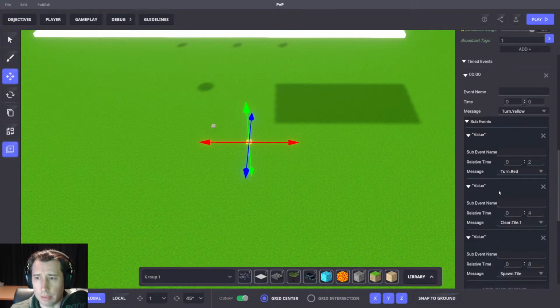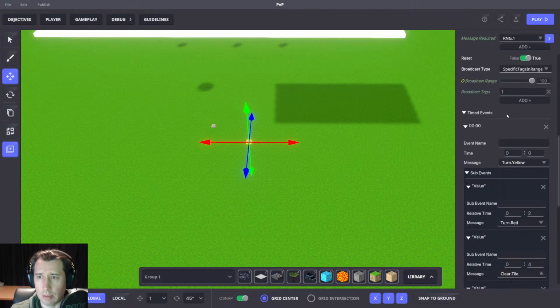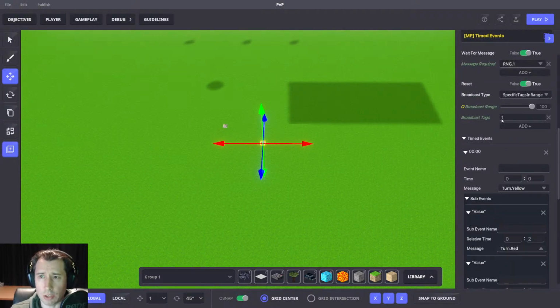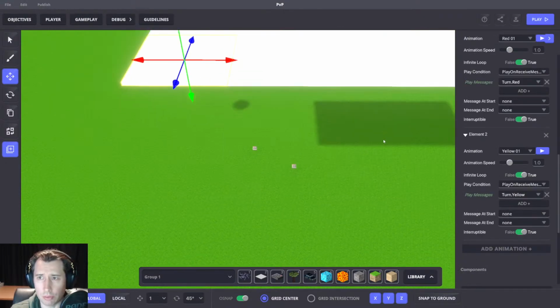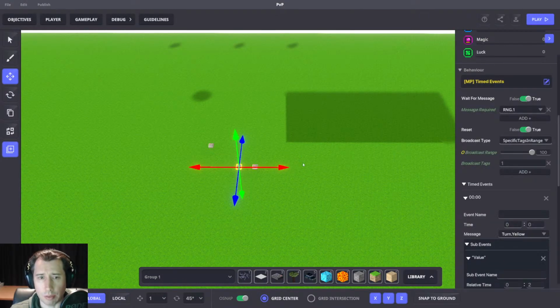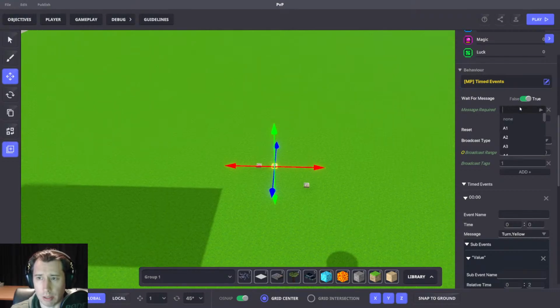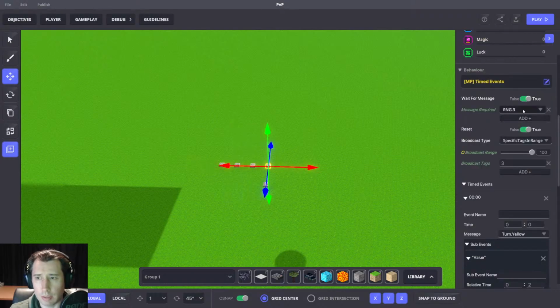And what we need now is, so we can say here clear tile. So clear tile, spawn tile. And all we need now is to change this message and a tag, rather than doing all individual messages and then doing it all in here as well. It's too much work. So you need the easiest way out, and that's probably the way to do it. So what we can do here is RNG2 to tag 2, much quicker. RNG3 to tag 3, duplicate. RNG4 to tag 4,